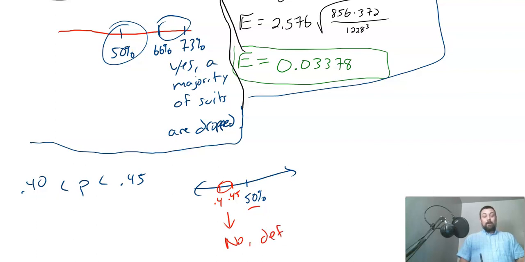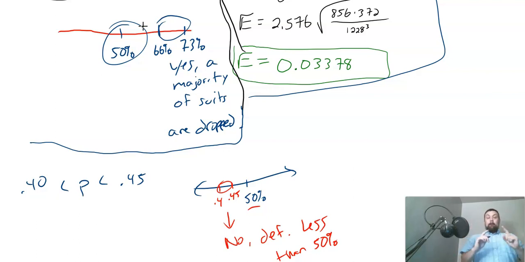No, this is definitely less than 50%, right? Our estimate seems to indicate that it's definitely less than 50%. So if your confidence interval is completely above 50%, you can answer conclusively that yes, it's a majority. It's clearly above 50%. If your confidence interval is all completely below 50%, you can answer definitively, no, it's not